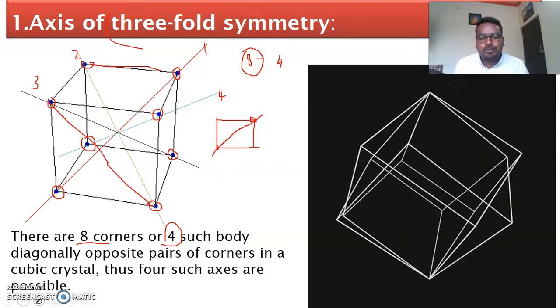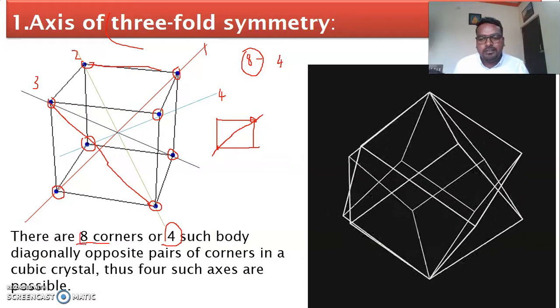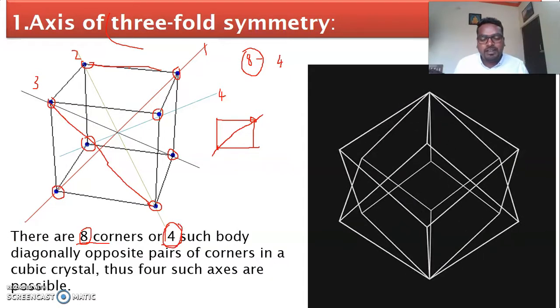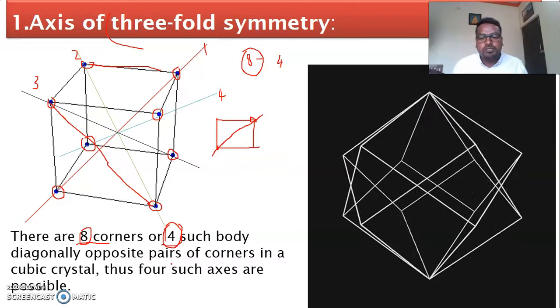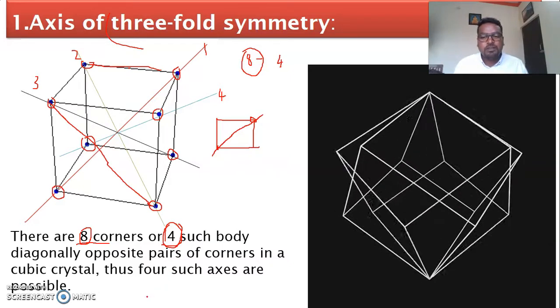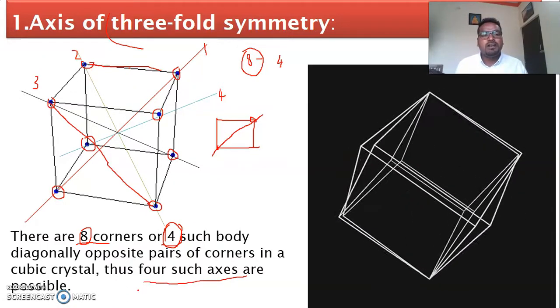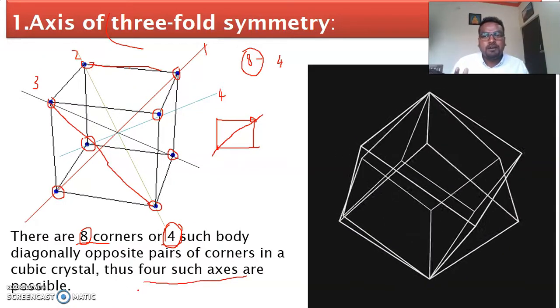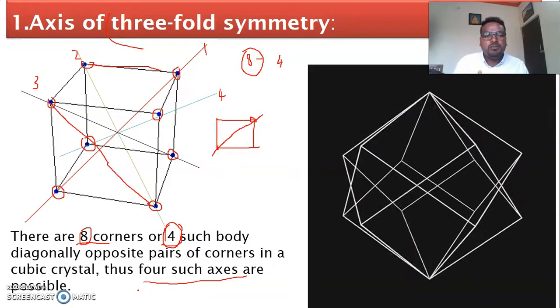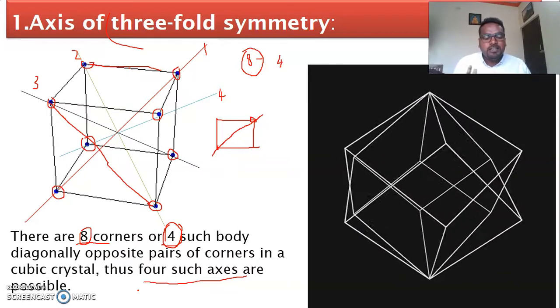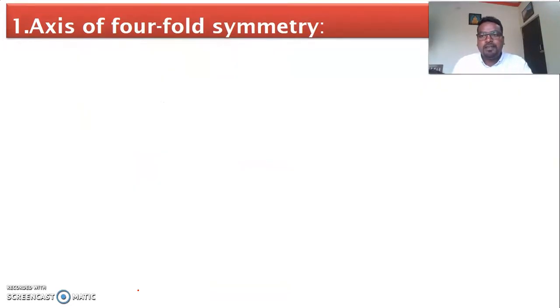So in the case of a cubic crystal there are 8 corners and totally 4 body diagonal lines are possible, which pass through opposite pairs of corners. So totally 4 such axes of symmetry are possible in the case of threefold symmetry. There are 4 threefold axes of symmetry possible. Next one is